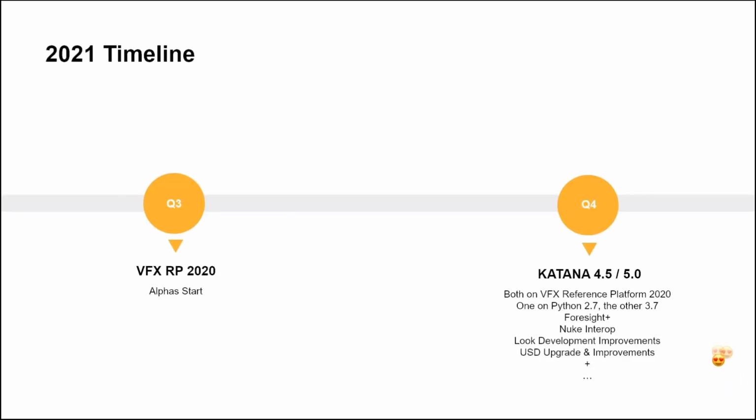And before I leave you on a cliffhanger, I will tease you a little bit more. So the next release will be a dual release with Katana 4.5 and 5.0. They're both going to be very similar. The only difference is one will be on Python 2 and the other on Python 3. Both will be on VFX Reference Platform 2020, and there are a whole host of really exciting things coming up. We've already had a sneak peek of Foresight Plus and Nuke Interrupt, but there are a few more